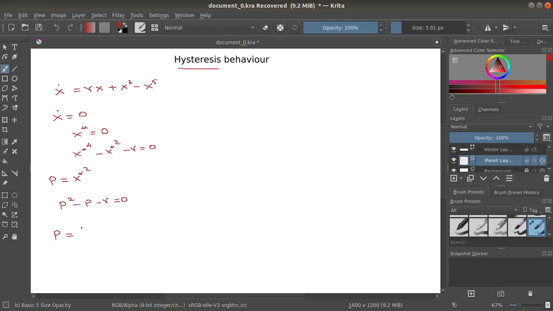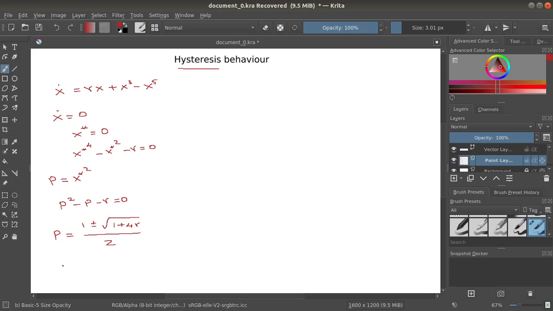Now let me write the solution for the quadratic equation, which is p is equal to 1 plus or minus root of 1 plus 4r, over 2. Once I solve this, if I take a square root, I will get x star. But in order to have x star as a real value, my p value should be